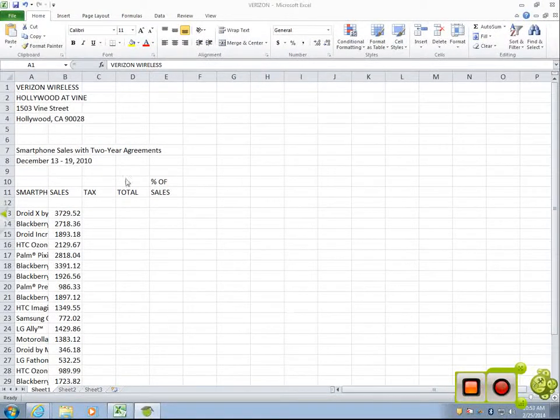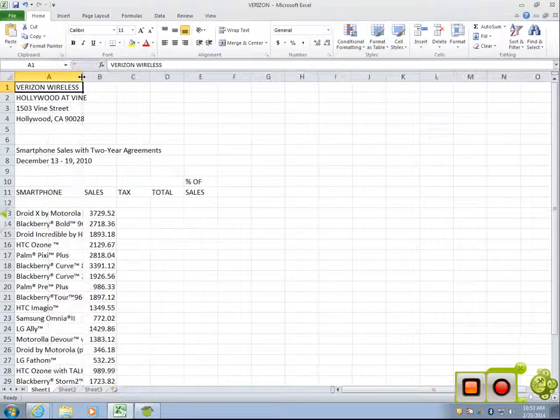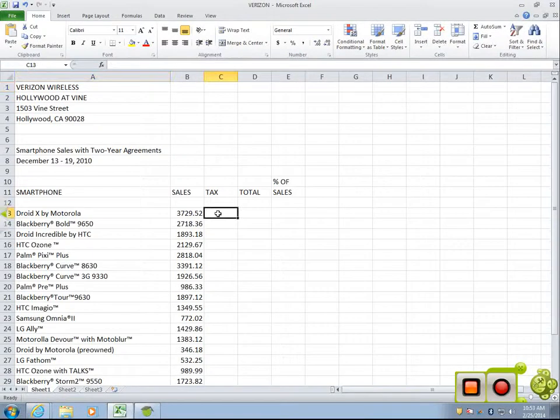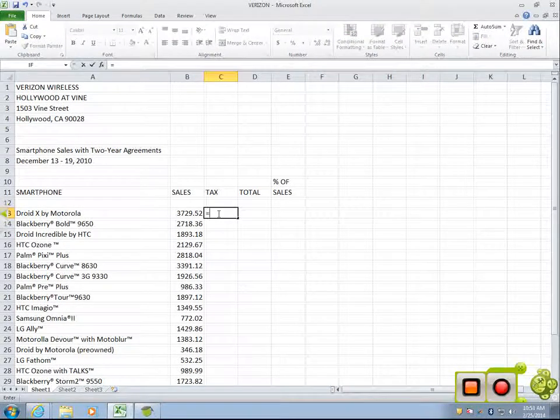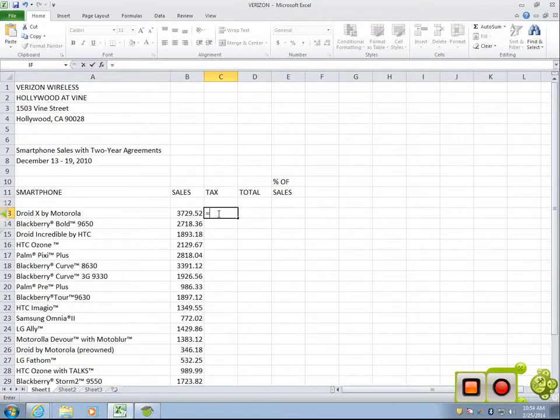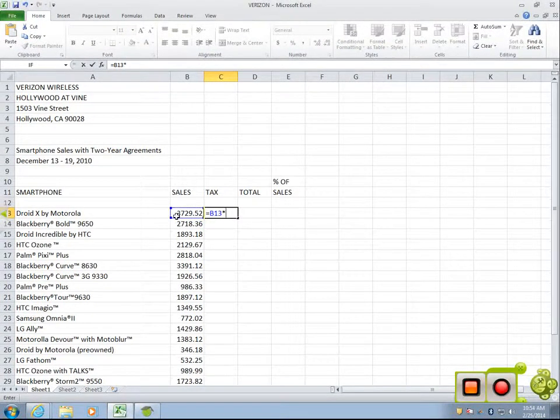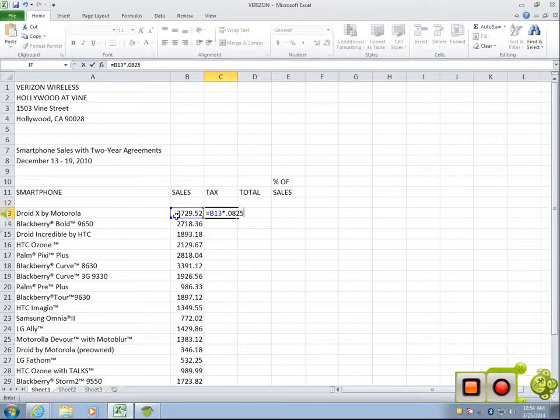So you're going to open up the file called Verizon on your R drive. You're going to do all the good stuff like the auto fitting, all that kind of stuff. Then we're going to get to the meat of it, the formulas. The sales tax is going to be 8.25. So you're going to take the sales tax multiplied by 0.0825. Okay? So 8.25% is